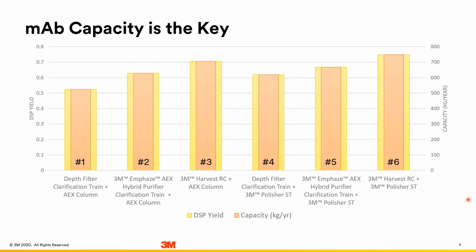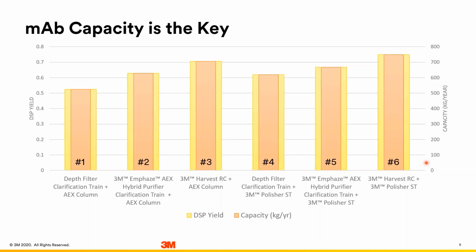So here we look at the capacity to manufacture your MAB in kilograms per year, and we plot that for each of the 6 processes that we looked at, and we can see that there is an upward trend in the MAB manufacturing capacity, and that means essentially with each iteration of the process where there is an increase in capacity, we're able to produce more monoclonal antibody in our process, and that is driven by the increase in yield across